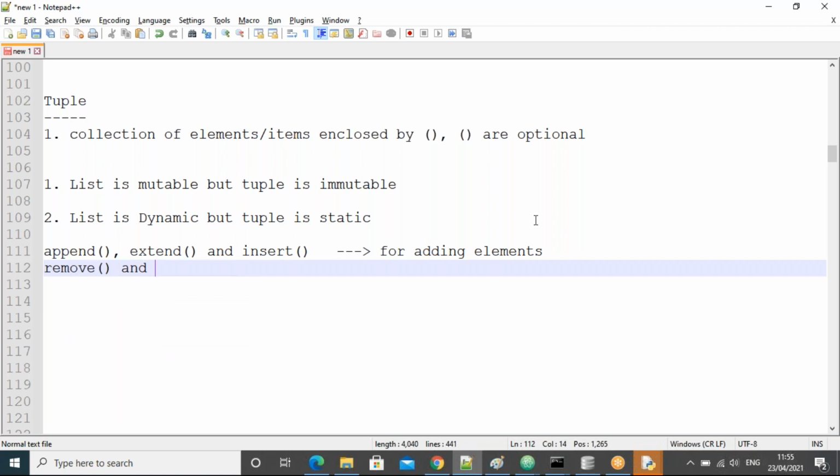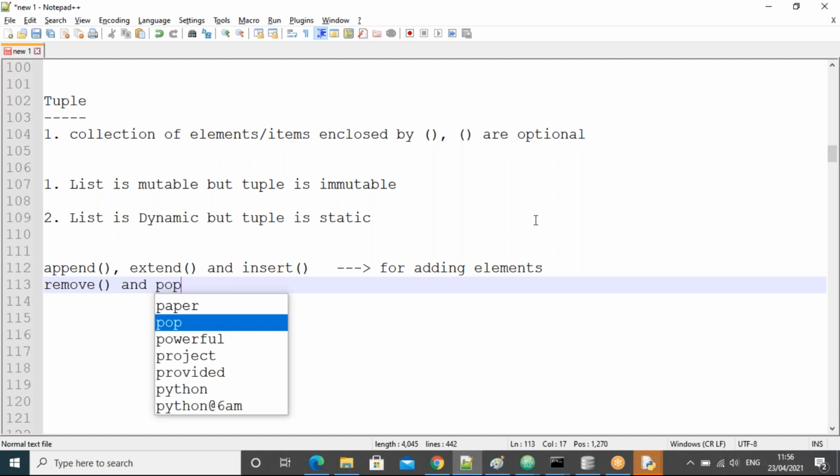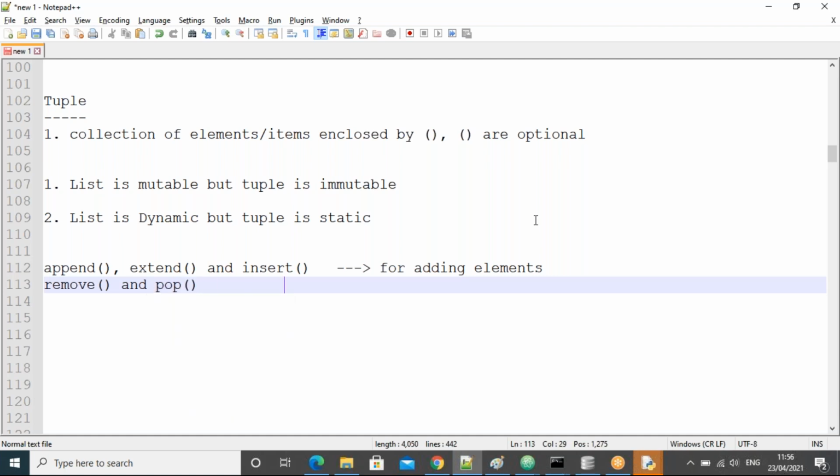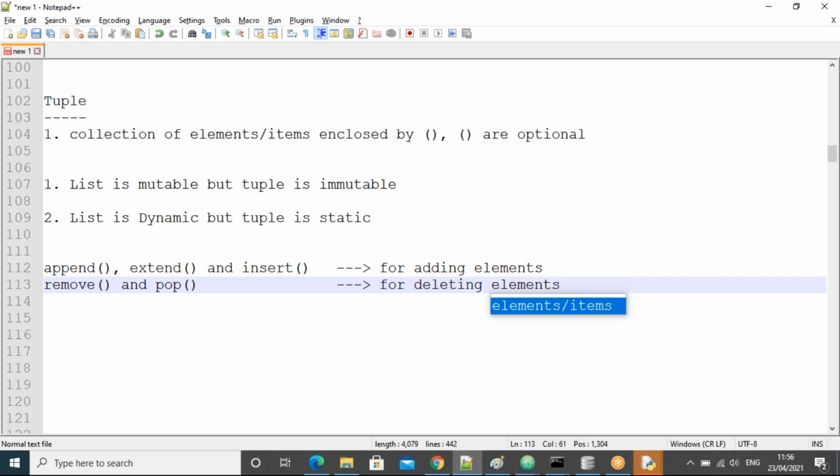Remove function and pop, guys. Why did we use these functions? For deleting elements.